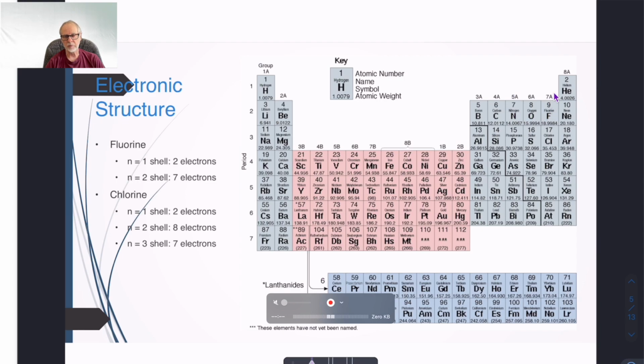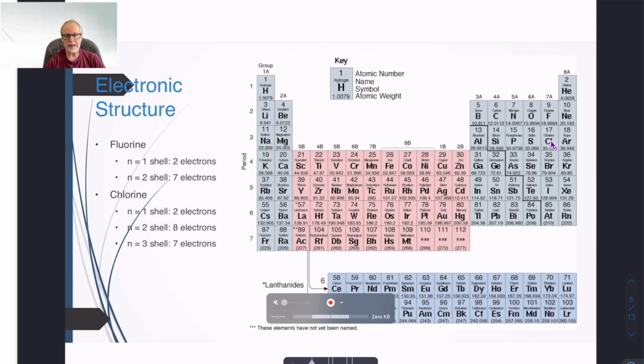And that's why I like the numbering of the periodic table to be in the A and the representative groups 1, 2, 3, 4, 5, because it does indicate the number of valence electrons. Of course, down here in the transition metals, things are more complicated. But in any event, we have 7 valence electrons in fluorine and 2 in the inner shell, n equal 1